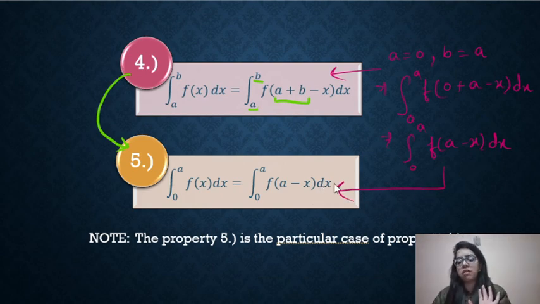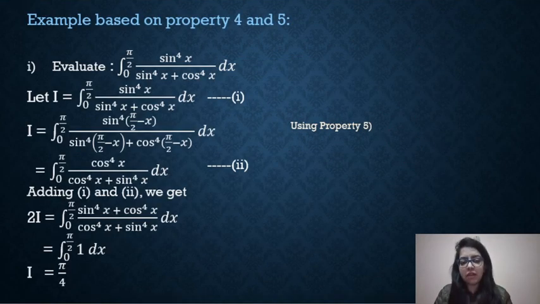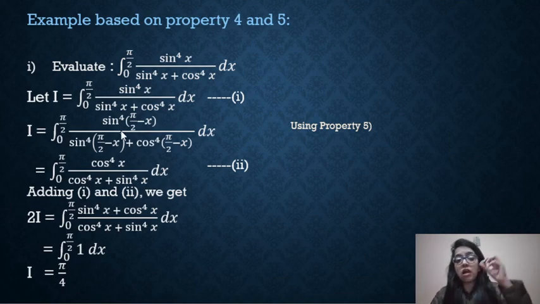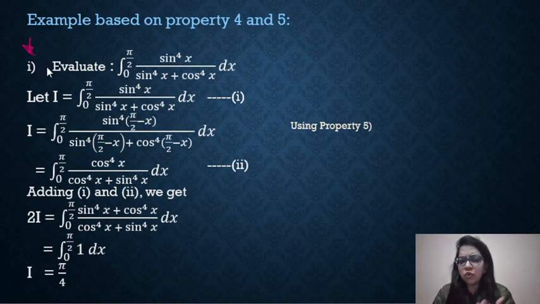So this is just a particular case: the limit is traveling from a to b in the general one, but here the limit is traveling from 0 to a. Just this much difference, a particular case, but a very important theorem. I hope you have understood this concept. Let's do an example on this, so it will clear your mind how you have to proceed. And guys, this theorem is also very important. It almost always comes in every pre-board and every board examination. You can pick up any last year paper and you will surely see this question there.